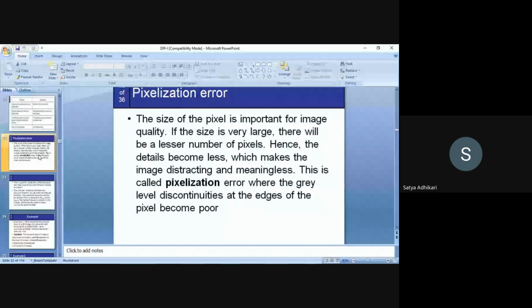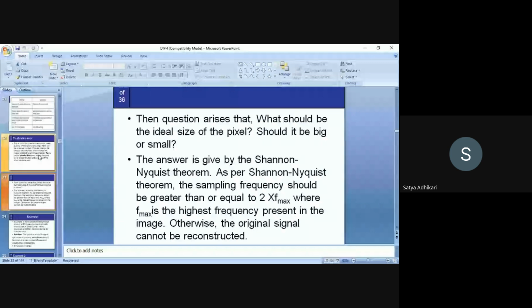So what is the solution? If there is a pixelation error, how to recover it? How to overcome it? The question here: what should be the ideal size of the pixel? Should it be bigger or smaller? What is the size of pixel so that we can tell that our pixel size is ideal, and good for our picture? The answer is given by